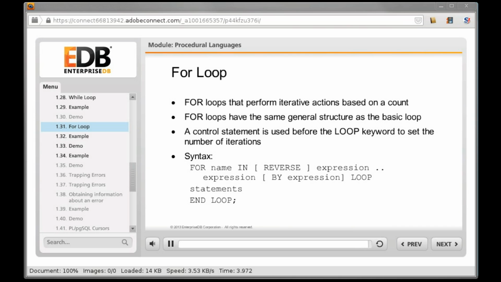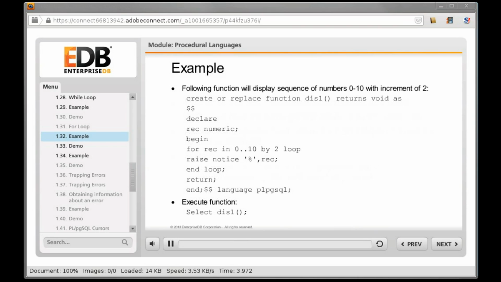I'll show you one example of loop now. Here is an example of a for loop in which I will display a series of numbers from 0 to 10 with an increment of 2. So it's a sequence starting from 0 and ending at 10, but the increment is 2 instead of our regular increment of 1. So I'm saying create or replace function dis and then returns void as declare, rec variable is